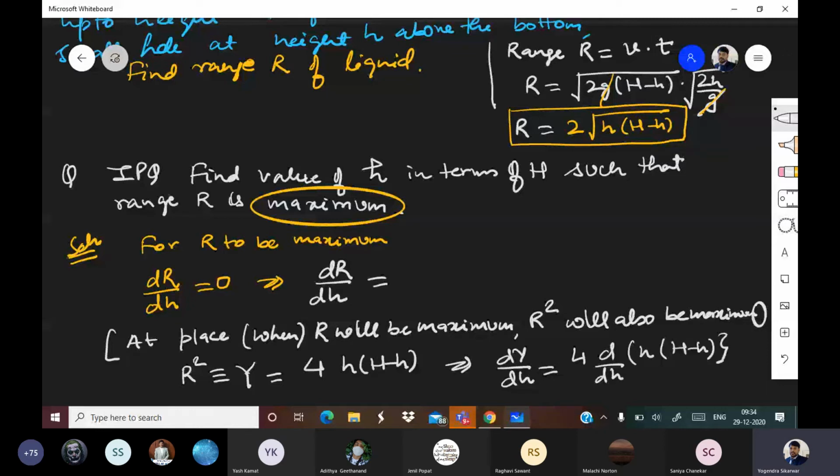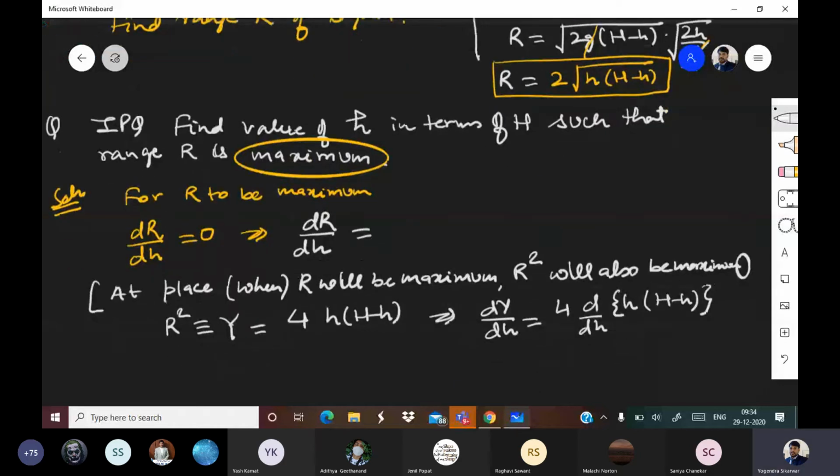So dy by dh is equal to, 4 is constant, differentiation of h will be capital H, minus differentiation of h square is 2h,